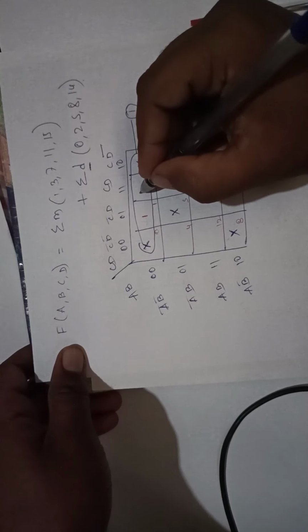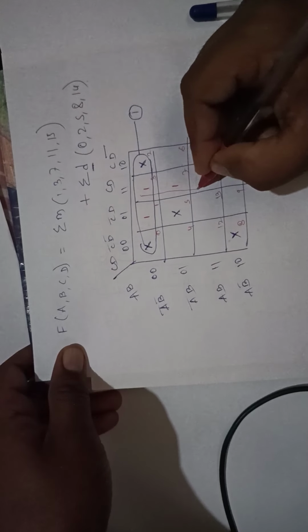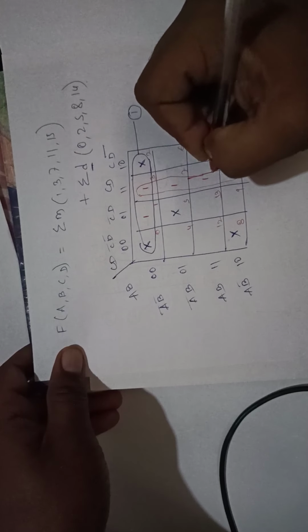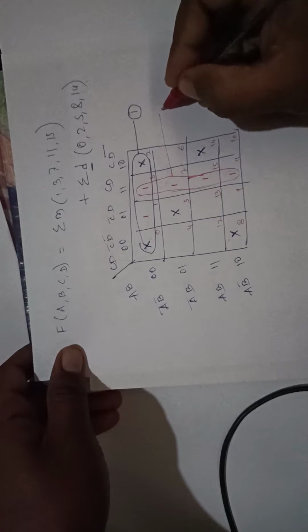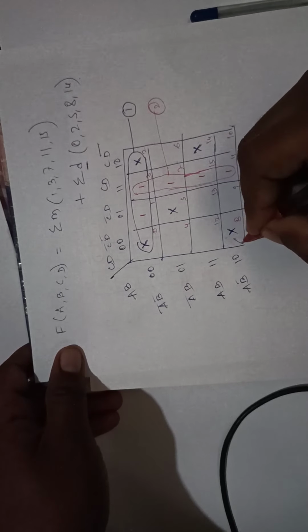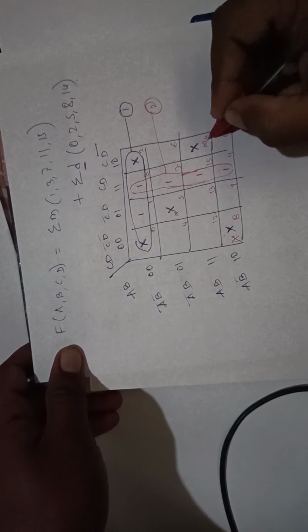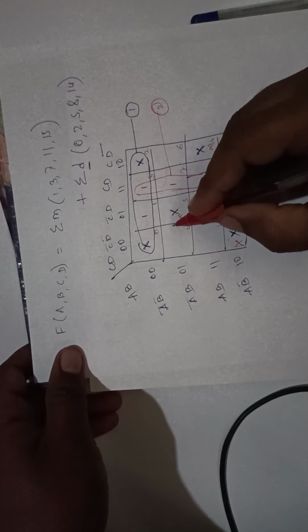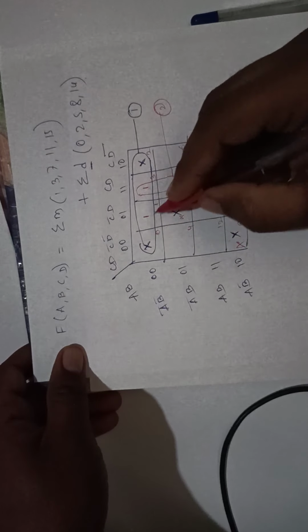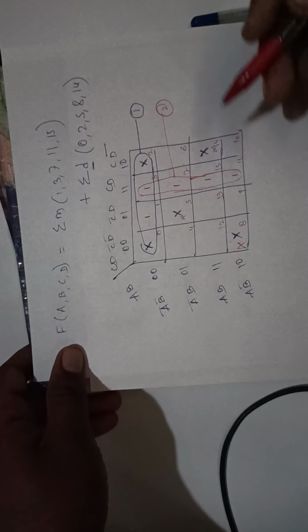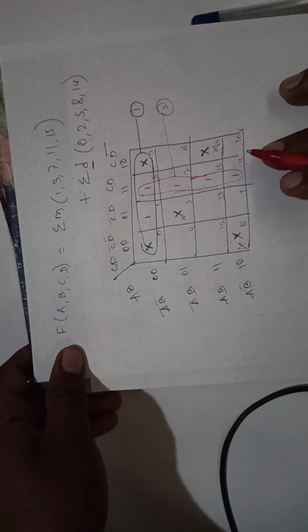Now here also one possibility is to make a group, this one. This is the second group. Okay, the remaining ones, this one and this one, are not necessary to use. If any one is here, then it would make an octet, but here it is not used, hence we rejected that. That is called a don't care.